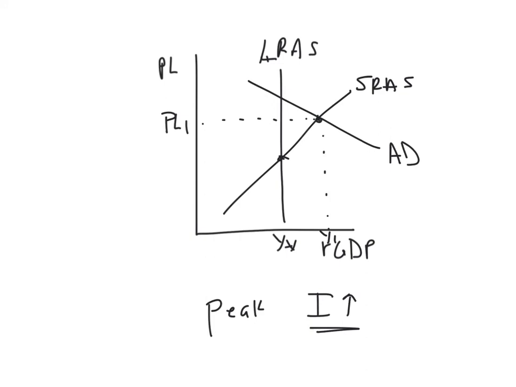But for now, what you should be able to do is draw all three economies, or all three stages in the economy, as it relates to the business cycle. Expansion, where it's ideal; recession, where there's not enough production; and then a peak, where there's high inflation.